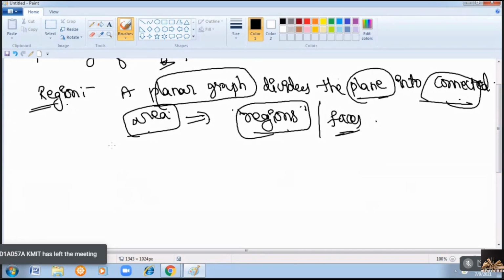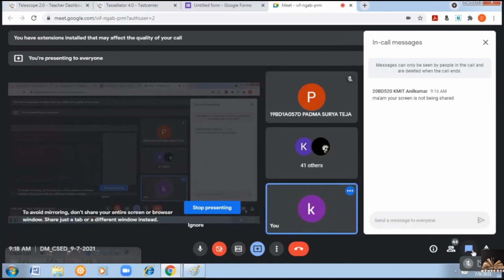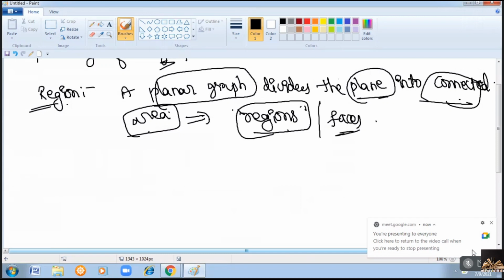I'll just go a little bit faster, ma'am. Is it okay? Yeah, I have just now shared the screen. If you did not understand it anywhere, you can tell me in the middle. Why? Because I have to finish this mostly by next week. If required, I'll take an extra class tomorrow, and I'll start the third unit next week. For the third unit, I'll give you the important topics that I'll discuss. Okay. If you don't understand at any point, please let me know in the middle.